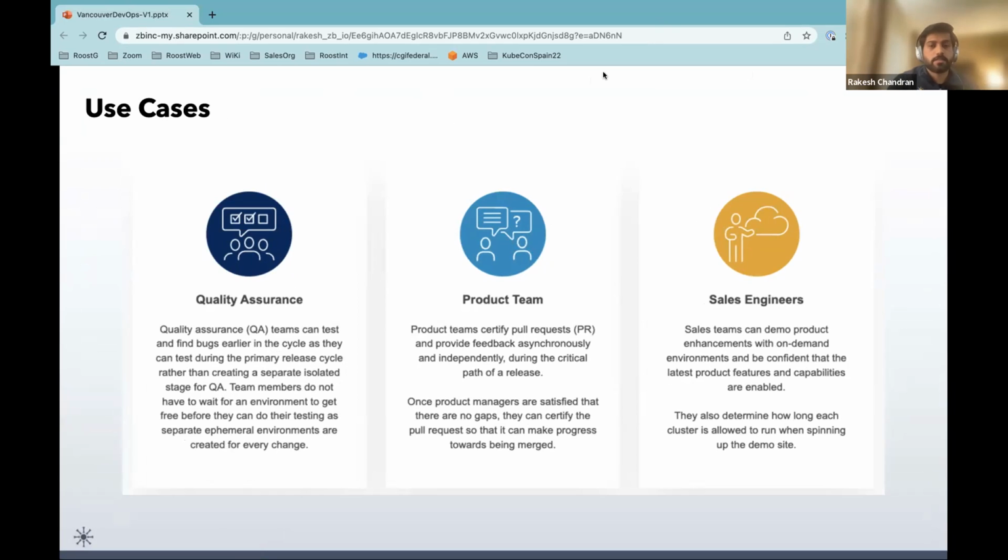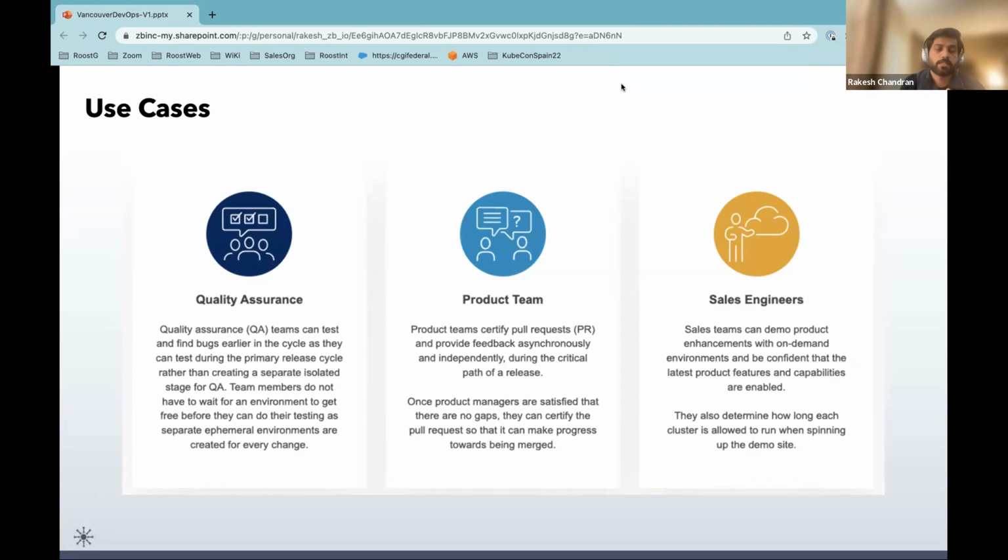As Rishi mentioned, Roost provides an ephemeral environment. Let me start with some of the use cases before jumping onto the demo. As you know, in the DevOps pipeline there are multiple aspects, like CI/CD and deployment. Most of the time, in that deployment and CI/CD part, the environments are static or shared. In that case, most of these challenges arise, where there are bottlenecks in multiple aspects of the software development lifecycle, even to the production level and in marketing.